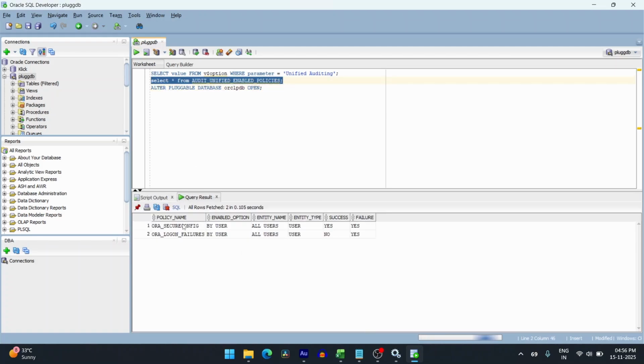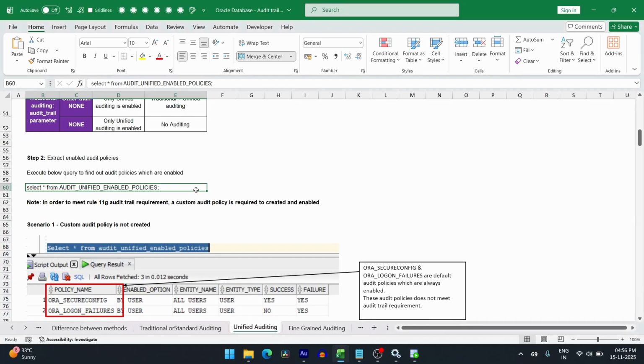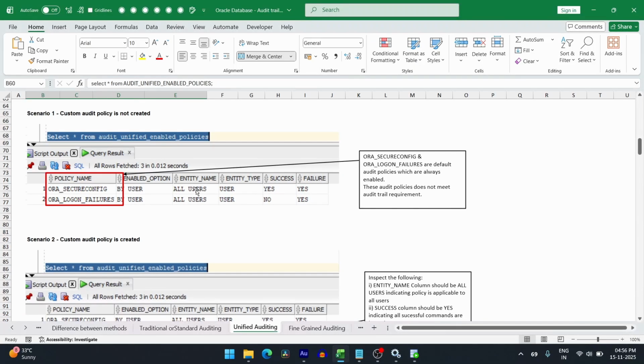So by default, Oracle creates two policies, ORA_SECURECONFIG and ORA_LOGON_FAILURES. Now these policies are enabled, but those are from the security perspective, not from the Rule 11G perspective. So in order to meet the Rule 11G requirement, a custom policy is very mandatory to create. Now, while creating the custom policies, there can be two possible ways to comply with this. Either you tell the policies to audit all the actions for all the users, or you, if you want to,